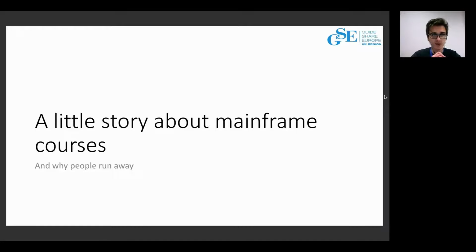And also they mentioned that there will be some mainframe development. And guess what did they select as the first topic to start with?